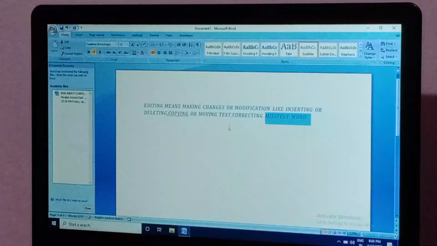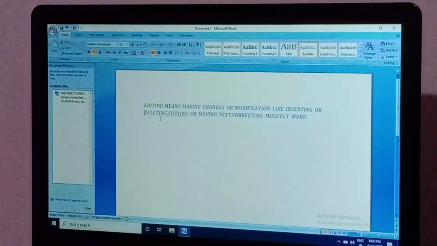Second, line selecting. This is the line. Suppose this is a whole line for deleting or copying, and all of our line is selected. Just click here, and this mouse pointer is right at the deleting area.